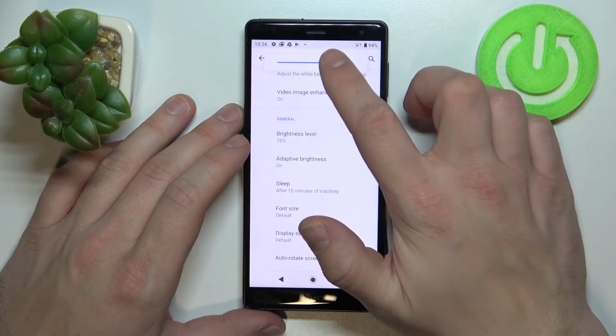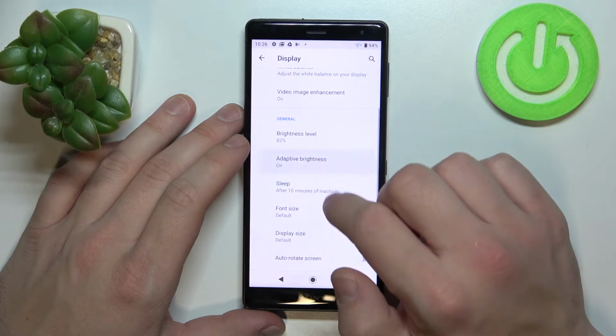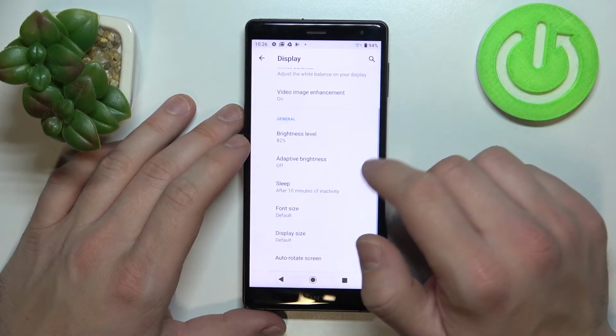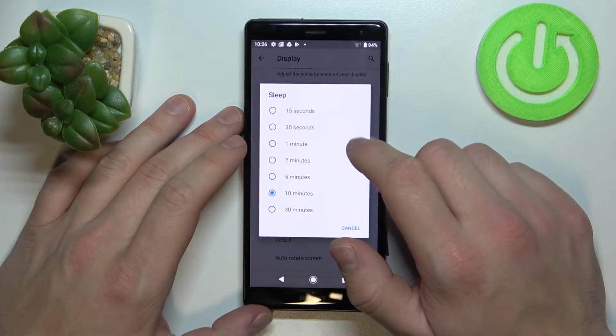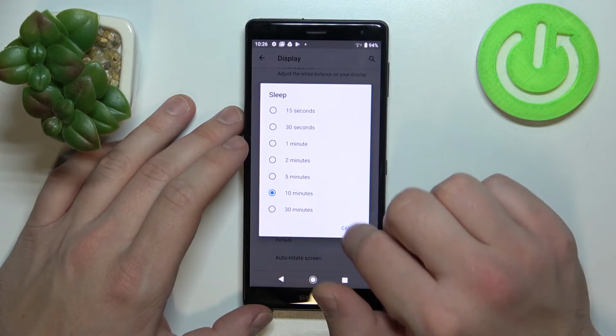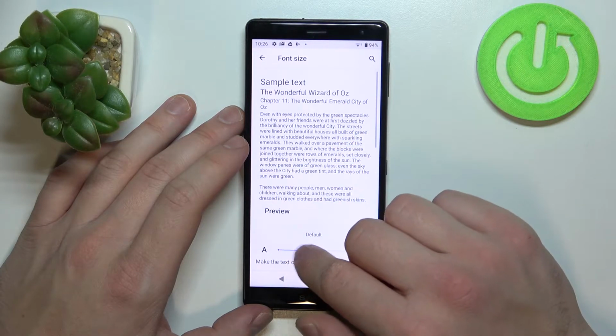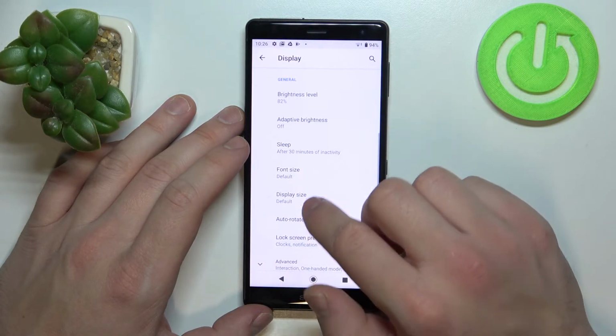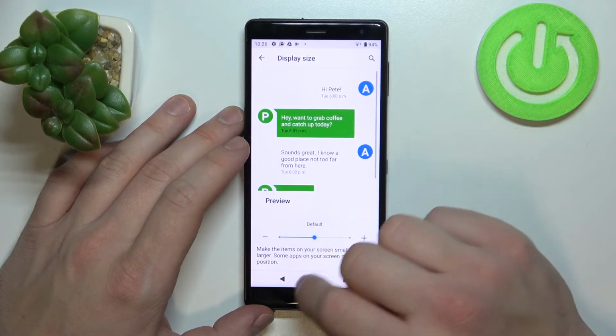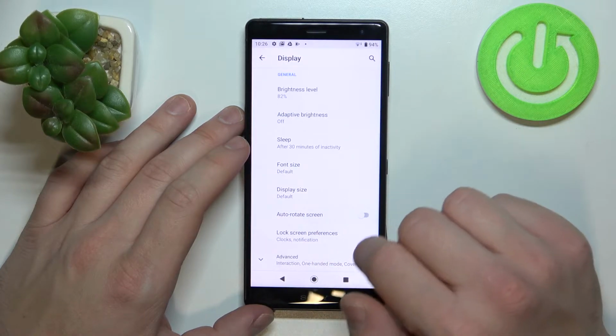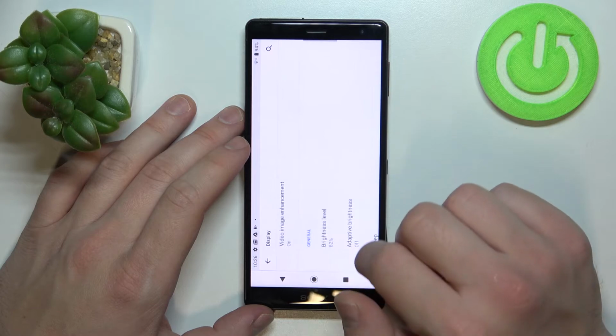Next, we can change brightness level, enable or disable adaptive brightness, change sleep timeout between 15 seconds and 30 minutes, change font size, display size, enable or disable auto-rotate screen,